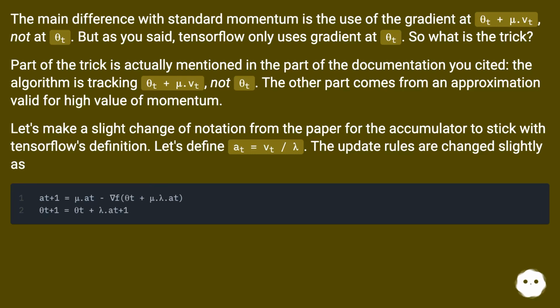So what is the trick? Part of the trick is actually mentioned in the part of the documentation you cited. The algorithm is tracking theta_t plus mu.v_t, not theta_t. The other part comes from an approximation valid for high value of momentum. Let's make a slight change of notation from the paper for the accumulator to stick with TensorFlow's definition. Let's define a_t equals v_t/lambda. The update rules are changed slightly as